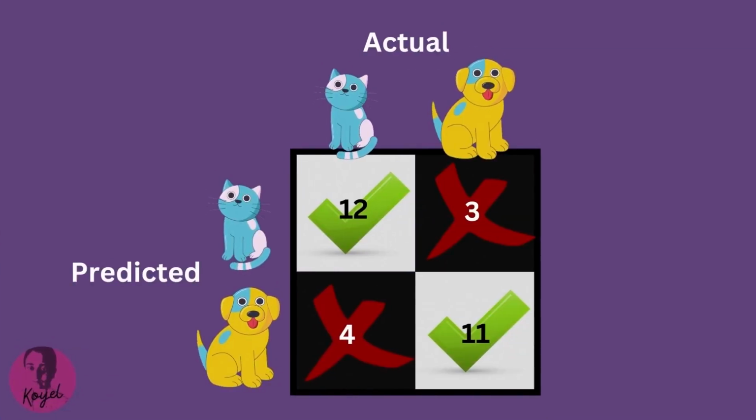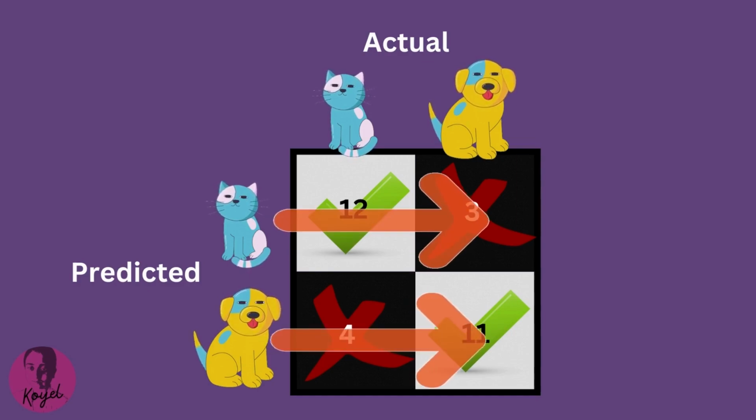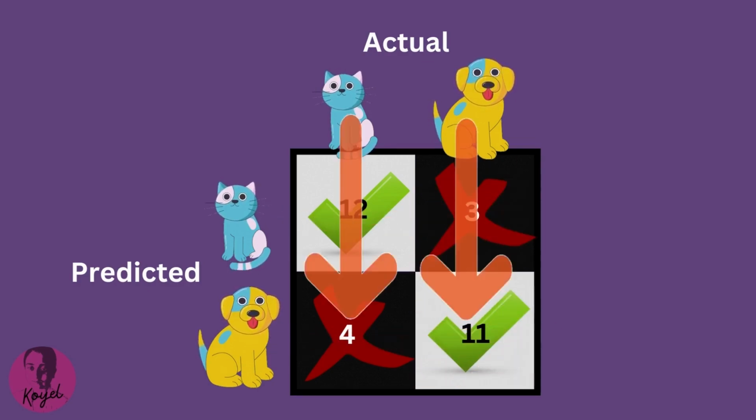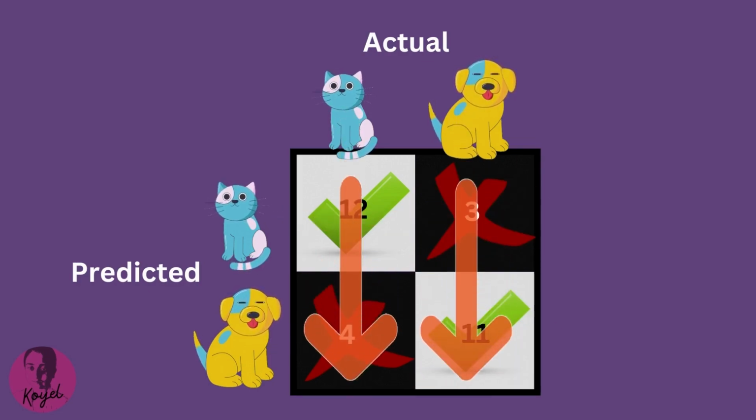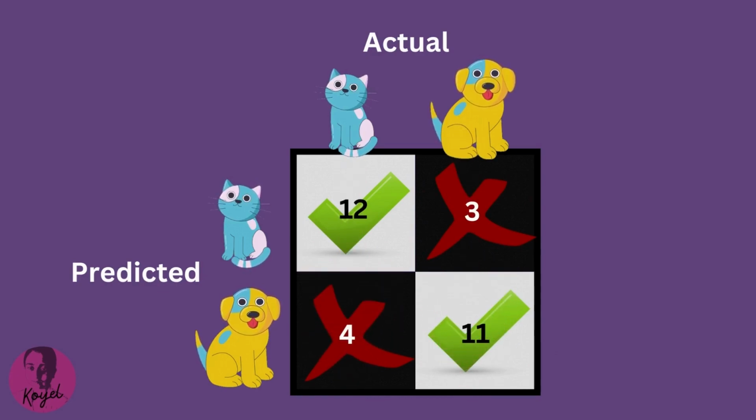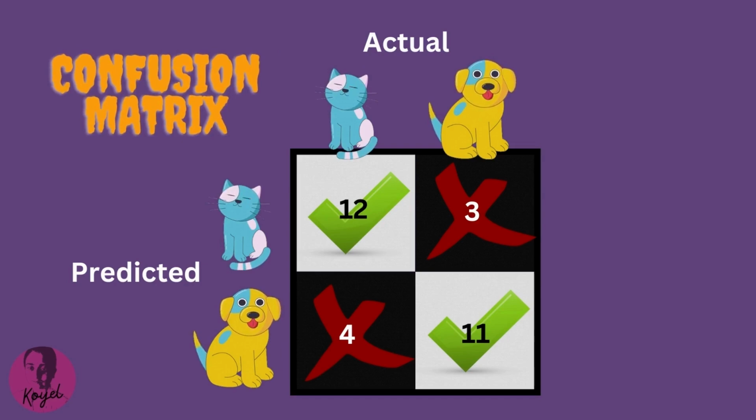To evaluate model performance, we represent the actual class counts and predicted class counts in a two-dimensional matrix form like this. Here the convention is to represent the predicted class row-wise and actual class column-wise. It helps us to identify accurate and inaccurate classification counts pertaining to each of the classes. This matrix is termed as the confusion matrix.